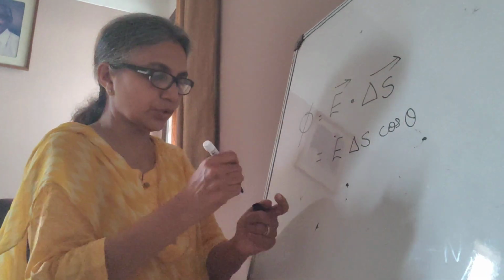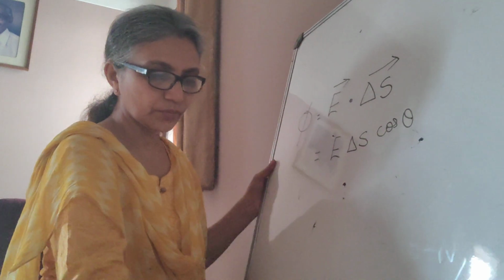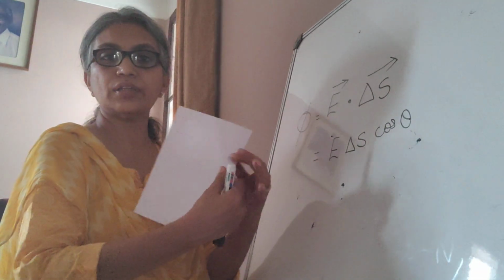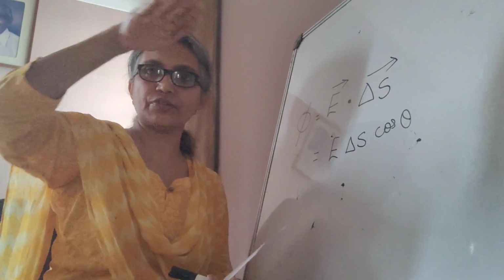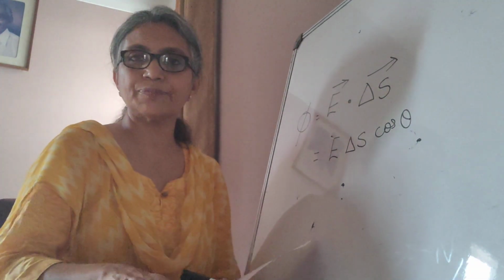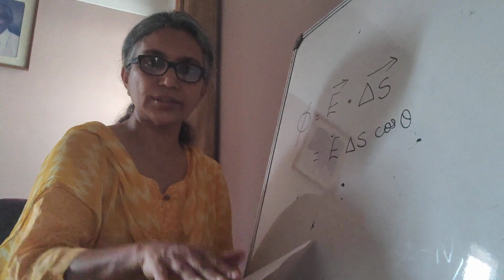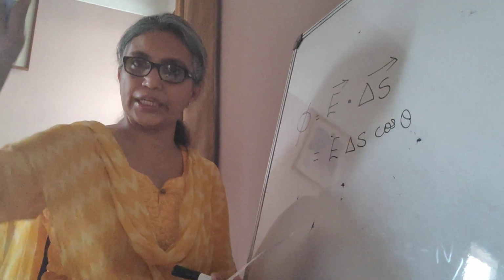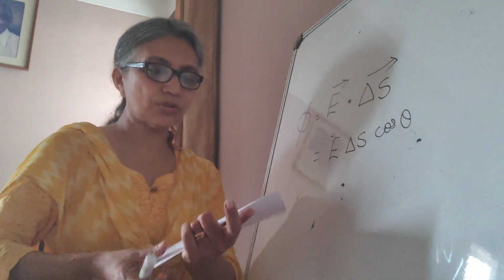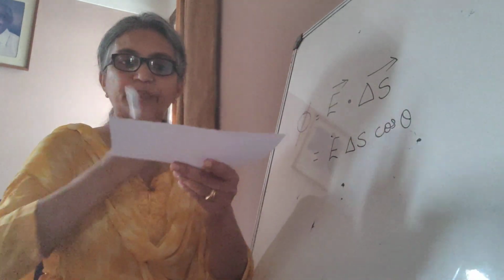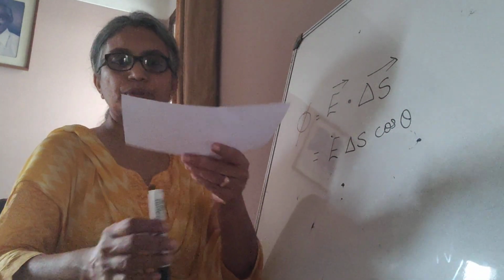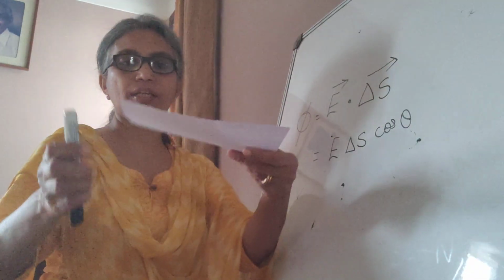So let me just give you an example. Suppose we have an electric field that is downwards. We have a positive plate on top, we have a negative plate down, and your electric field lines are directed from the positive to the negative. And I am now going to keep my area vector like this. Now the angle between, so if you look at the electric field,